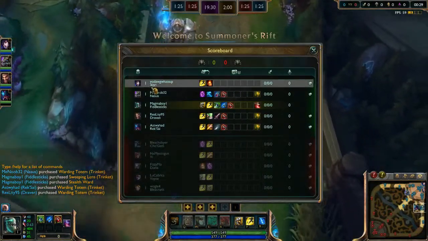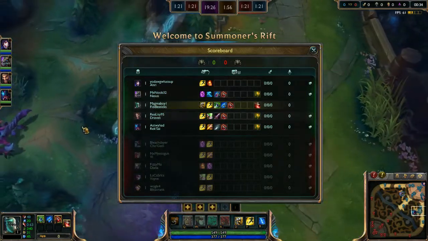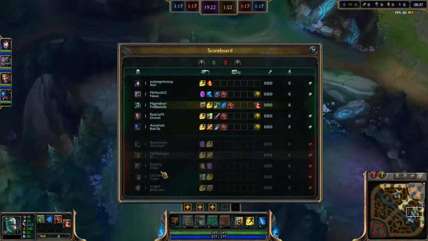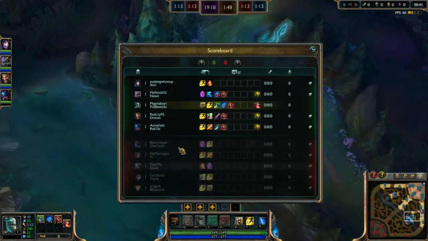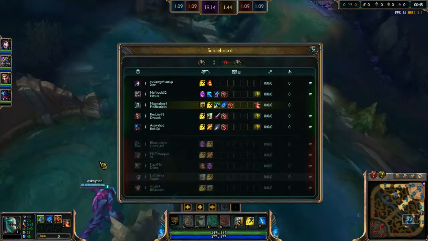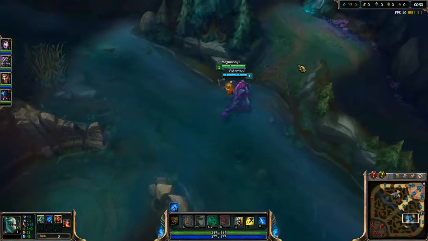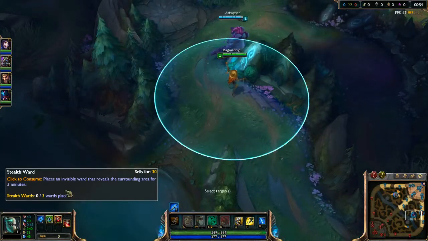On our team we have a mid Ryze, top Nasus, support Fiddlesticks, ADC Draven, and jungle Rek'Sai. They have a top Cho'Gath, jungle Vi, mid Diana. I don't know, it could go either way, but I'm guessing mid Diana. ADC Vayne and Blitzcrank in the support role. Blitzcrank is usually very scary to go up against in my opinion, but I think I have the advantage here